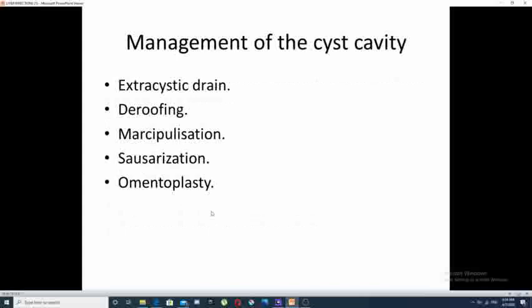After removal of the hydatid cyst, another important point is what to do with the residual cavity of the hydatid cyst within the liver. There are different surgical methods which have been used to manage this cavity. First, either putting an extra cystic drain, or de-roofing of the cavity, or marsupialization, or saucerization, or what is commonly used is the